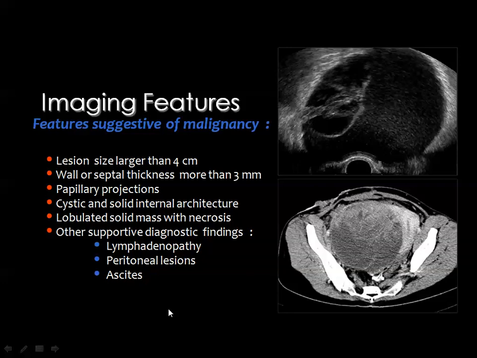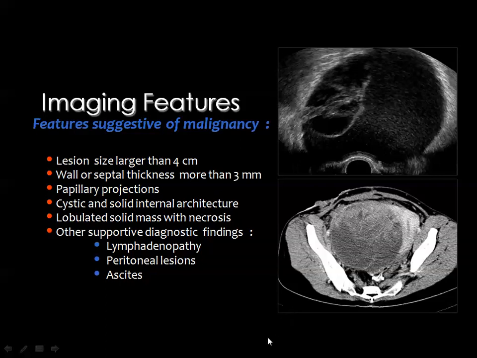Then the carcinomas are usually suspected whenever you see a tumor that is larger than 4 centimeters in diameter, and this is not an issue because most of the ovarian masses are large. Then you have wall or internal septation thickness, and this is also not an issue, but the most important finding is the presence of a solid component or papillary intracystic projections, and this will turn the benign lesion into a